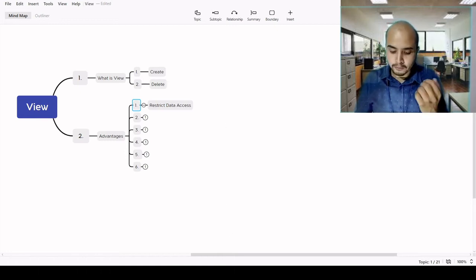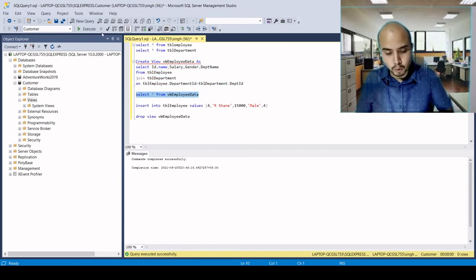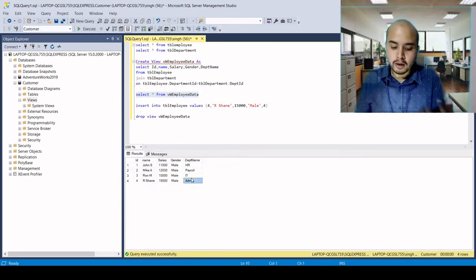Because suppose if an IT guy comes to you and asks for the employee data, and you provide it, let's say, let me create once more time, and if you give this data to him, do you think it will be valuable for him? Because you are giving all IT data, HR data, payroll data, and salary. You are giving salary to the IT person. That does mean that you are giving him sensitive data. So what you need to do, you need to give him the data according to his requirement.